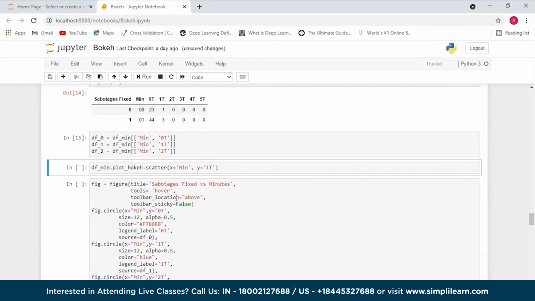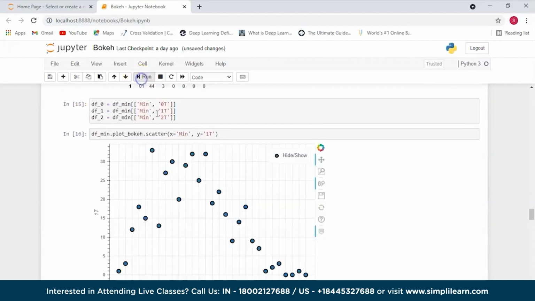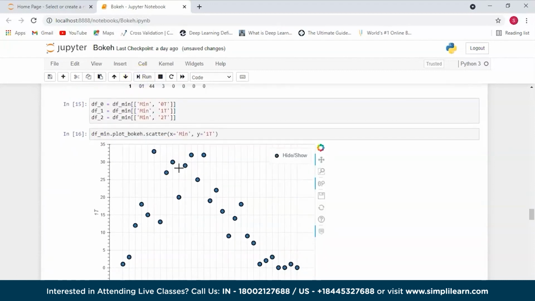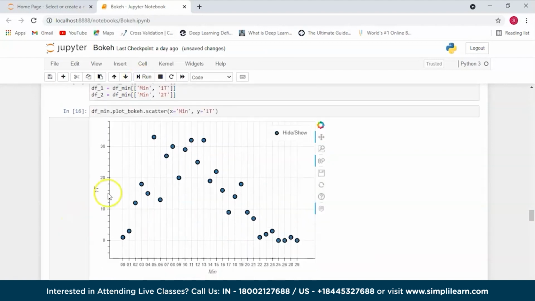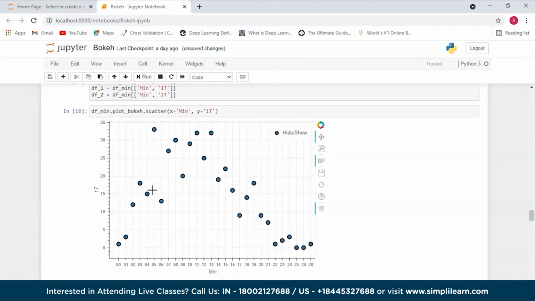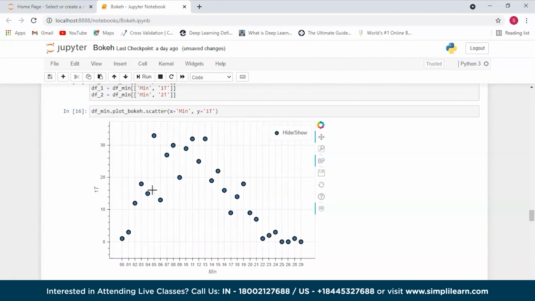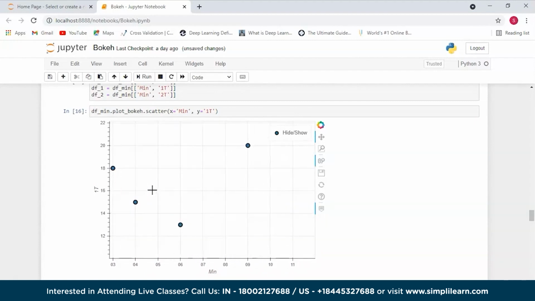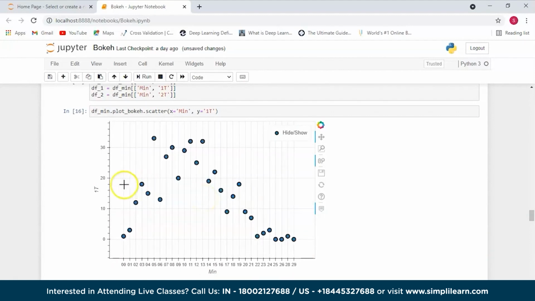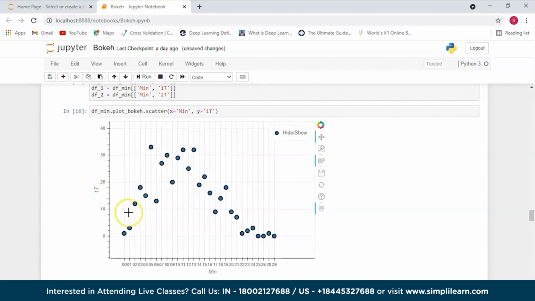To make a simple scatter plot with only one legend, we can pass the data and use scatter to make the charts. So basically we're just plotting the scatter chart in Bokeh here. And this is what our minutes scatter chart looks like. Now we're plotting this for 1t. We're plotting the minute at which one sabotage was fixed. And another cool thing about Bokeh charts is that you can always zoom into them or zoom out of them to better see where your data is plotted. So this is a scatter chart which has only one variable, which is 1t and the minute at which it